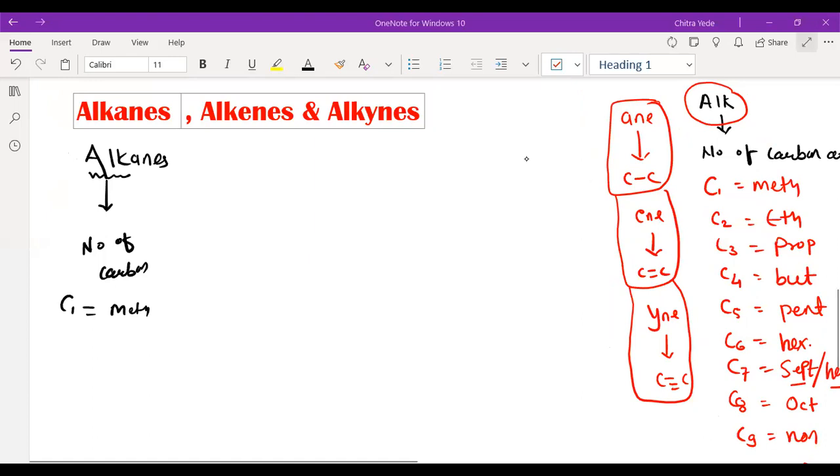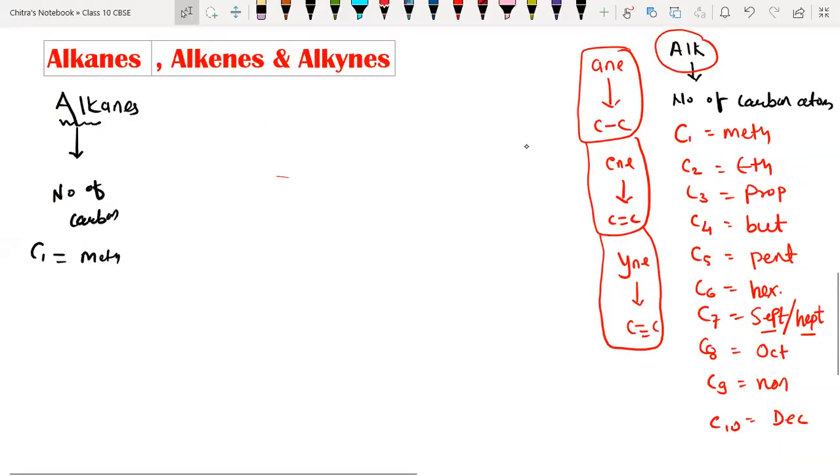So here we have alk and ane. Ane represents carbon single bond. That means alkanes are saturated hydrocarbons. So I'm writing the definition here. Alkanes are saturated hydrocarbon